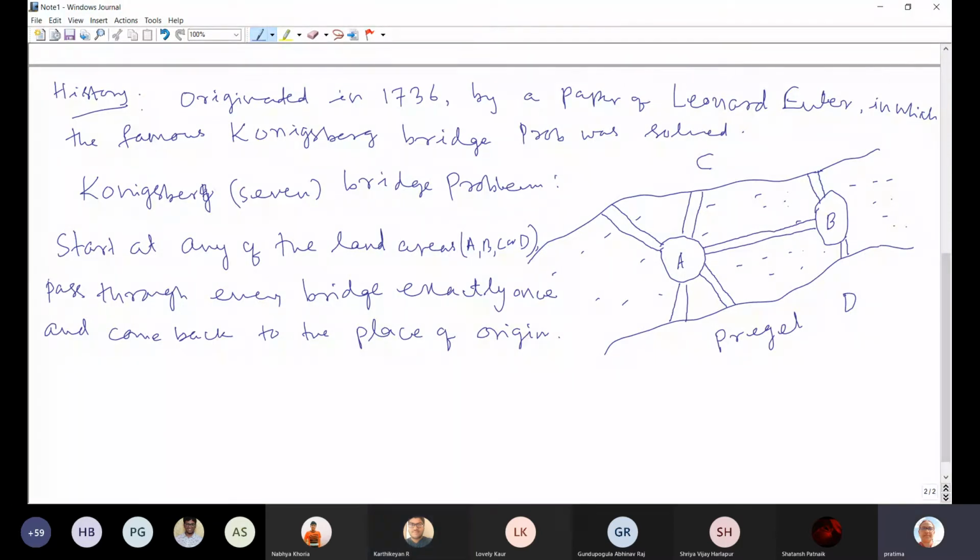Okay, you are saying that if there were an even set of bridges, then it would have been possible. Yes, it would have been possible. So suppose, because of this odd number of bridges, you are saying it is not possible. Say for example you drop one bridge over here, connecting A and C. If you drop only one bridge, then whether it will be possible? Then you have an even number of bridges.